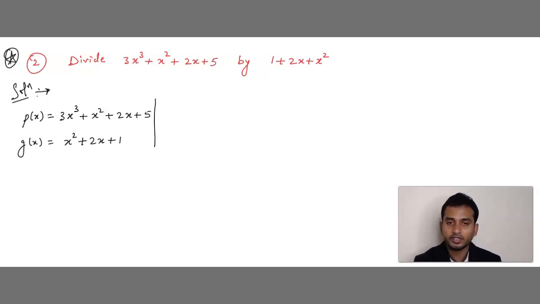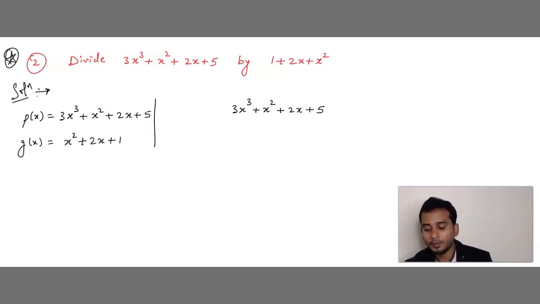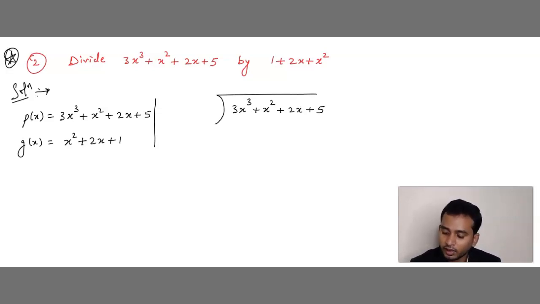First we have to check whether it is in standard form or not. Next what we should do is very simple. First you write the P of x value in the center, that is 3x cube plus x square plus 2x plus 5. Give some gap between the terms. Okay, don't write everything in a stretched manner. Try to write the terms loosely so that it will be easy for you to cancel the terms. That is the reason. Okay, so this is P of x value.